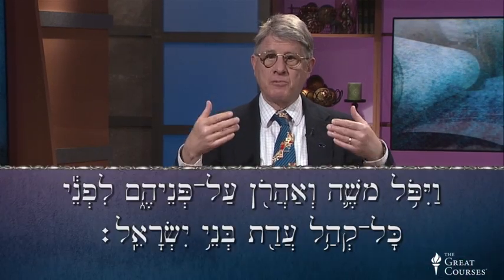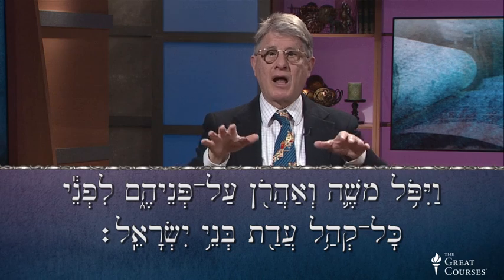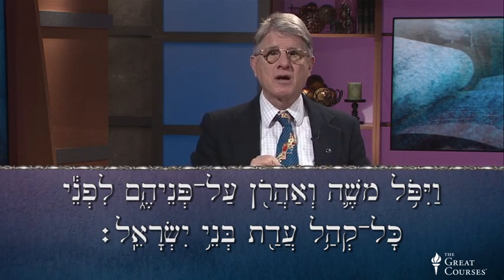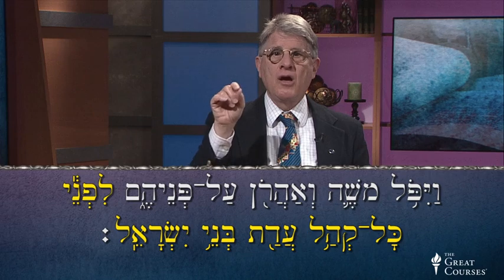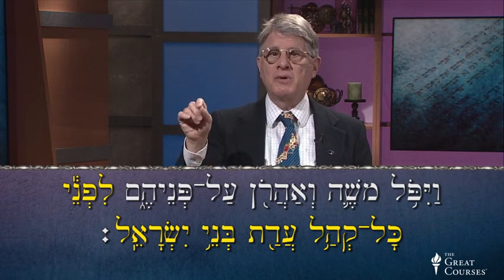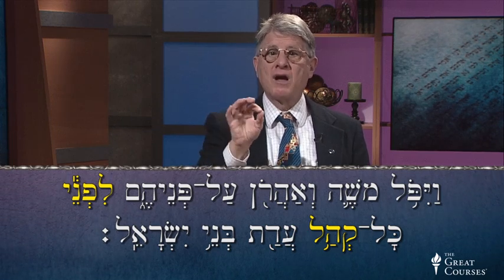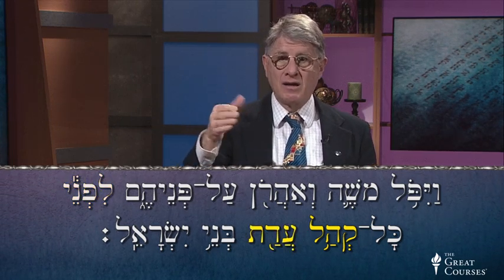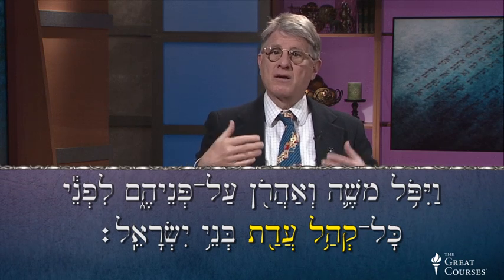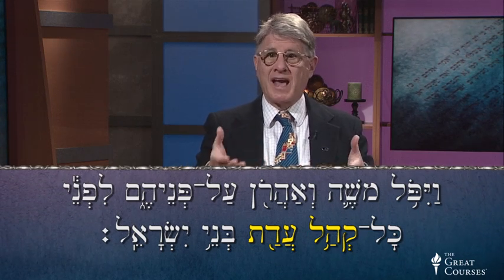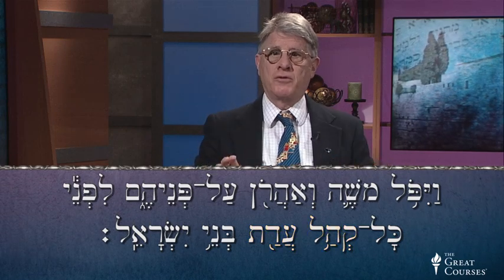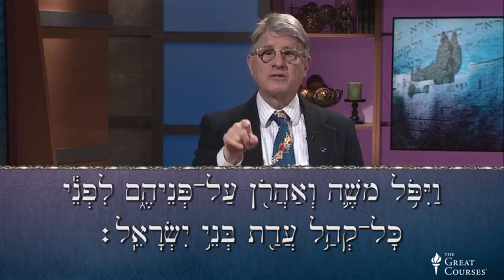I have another challenge ready for you, and it's the longest construct chain I know of, Numbers 14:5. Vayipol Moshe ve'Aharon al penehem, and here comes the construct chain, Lifnei kol kahal adat b'nei Yisrael. Two nouns here that we haven't seen before, kahal and edah, both of them meaning something like congregation or assembly or gathering. Everything else we've learned. And I'm leaving this verse as a challenge for you.